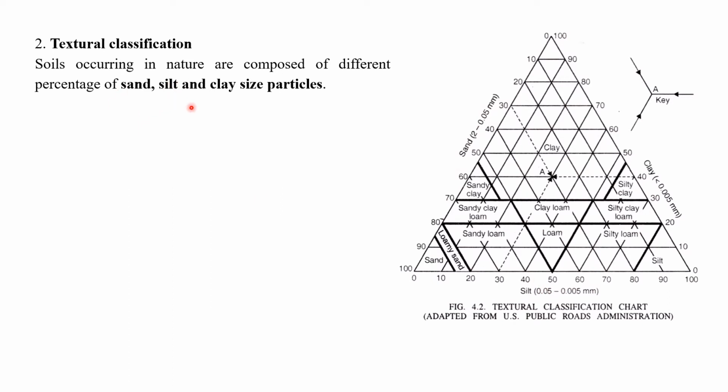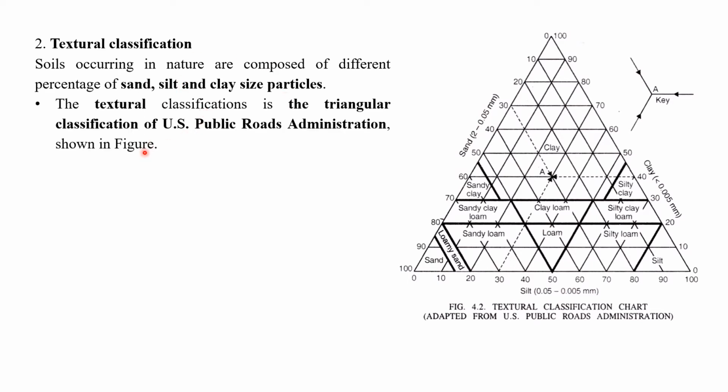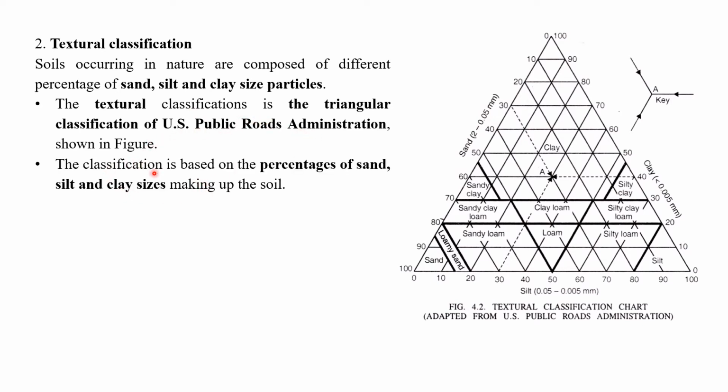Normally we see in practice that in soil, sand, silt and clay size particles are found more. The textural classification is the triangular classification of the US Bureau of Road Administrations. This classification is based on the percentage of sand, silt and clay size making up the soil. Soil constituents: how much percent sand, how much percent silt, how much percent clay size is in the soil,